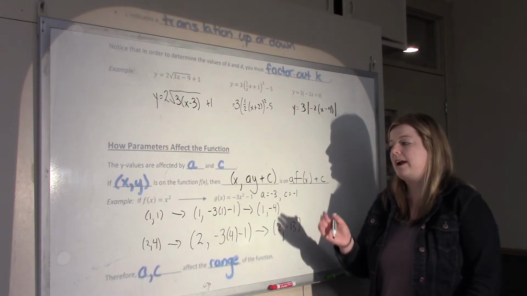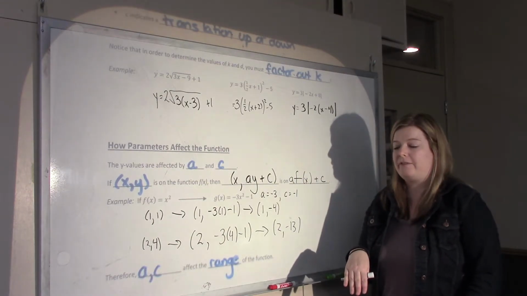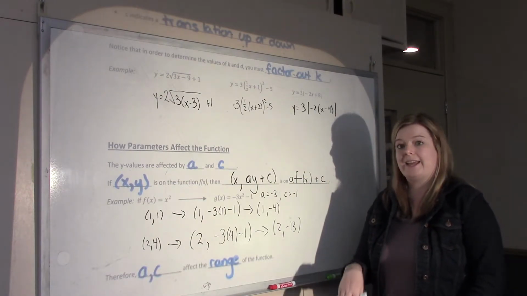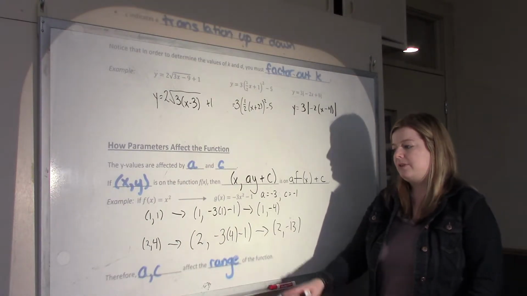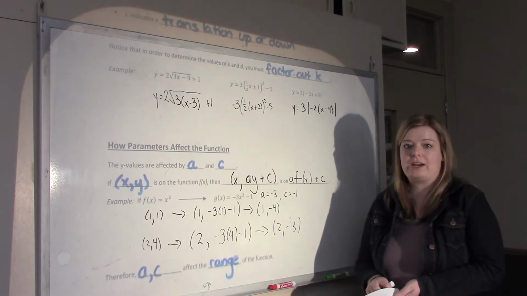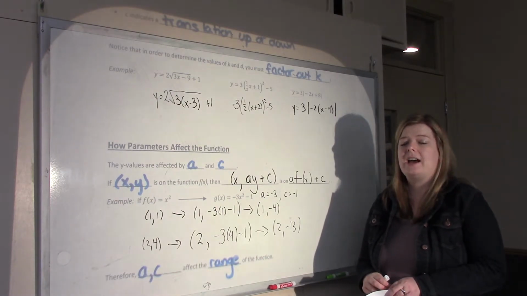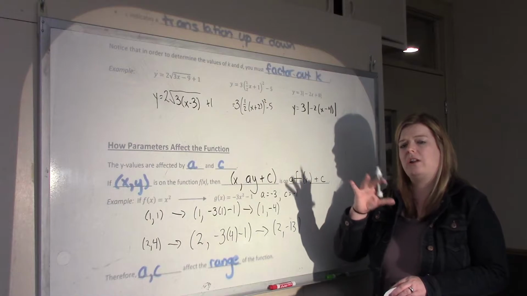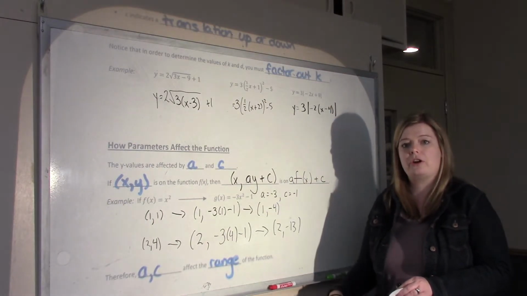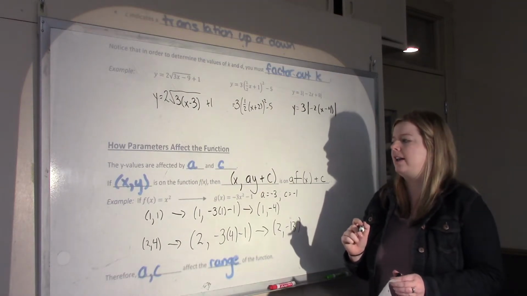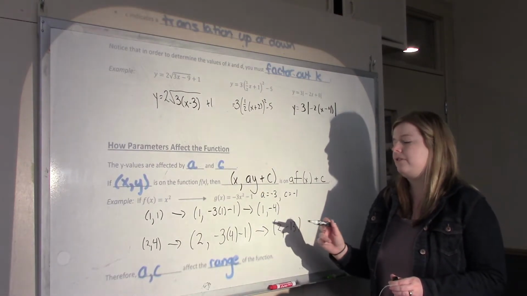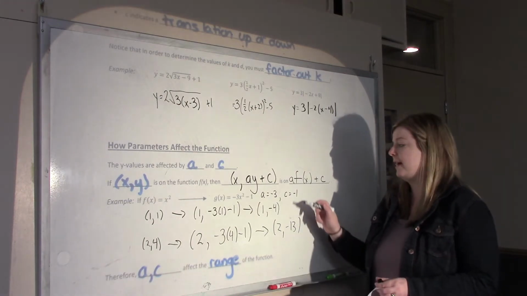That value of 4 has been vertically reflected to -4, then stretched by 3 to -12, and then translated 1 down to -13. So therefore, A and C affect the range of a function. It can affect if it's all above a certain number or all below a certain number. So the above or below depends on if A is positive or negative, and the certain number depends on if